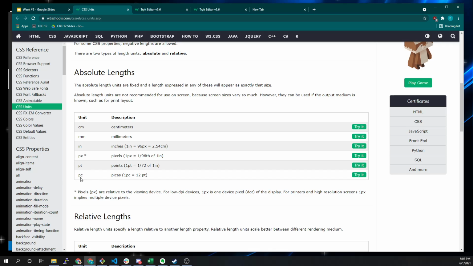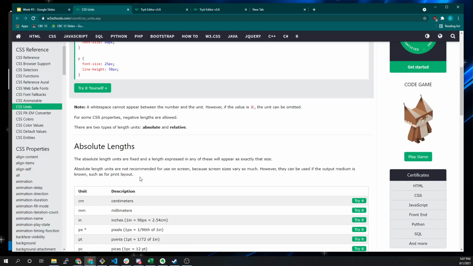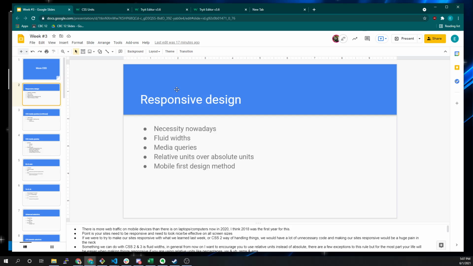Point, picas, whatever that is. In all of my years of doing software development for the internet, if I'm going to use an absolute unit, it's almost always going to be a pixel. But as we explore what we're going to cover over the next couple of days, learning about using flexbox and grids, and even as we continue to build on our portfolios and some of the projects we've been working on together for fun,